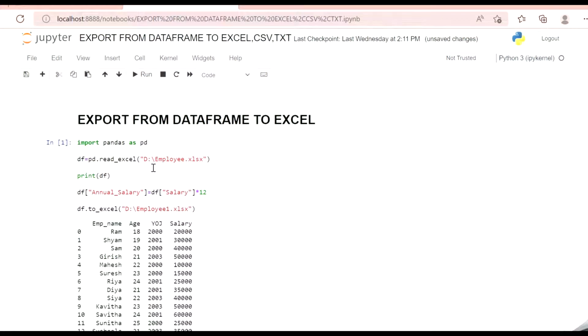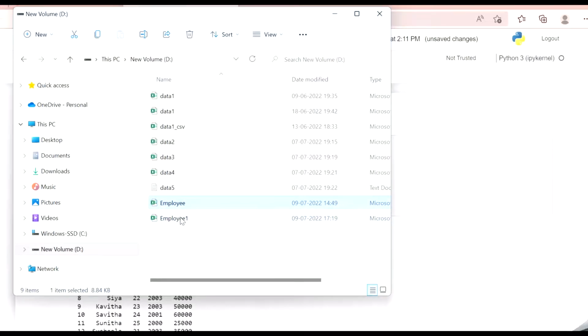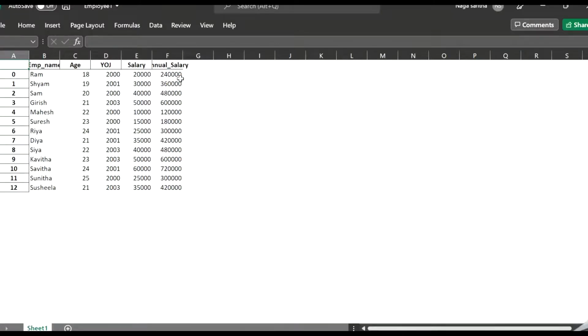So my employee.xlsx had employee name, age, year of joining and salary. Now I have added a new column called annual salary and I've exported it to the Excel sheet employee1.xlsx. So in D drive, it will create a new file called employee1 and in this new file, the annual